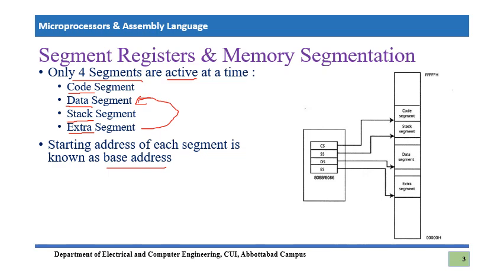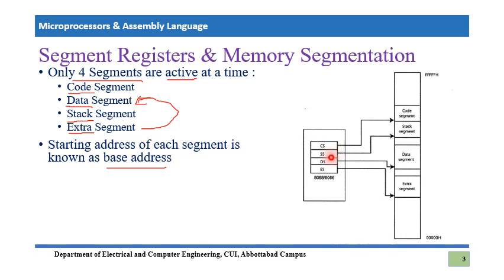What is a base address? Before we explain it, let's come to this diagram. This is the complete memory, and that is your microprocessor, and in this microprocessor we have shown a limited portion of registers, and those are the segment registers. If you count them, there are also 4, and their names are similar, like code segment. Here we also have the code segment register. Since it is a register, one can also call it CSR, code segment register.